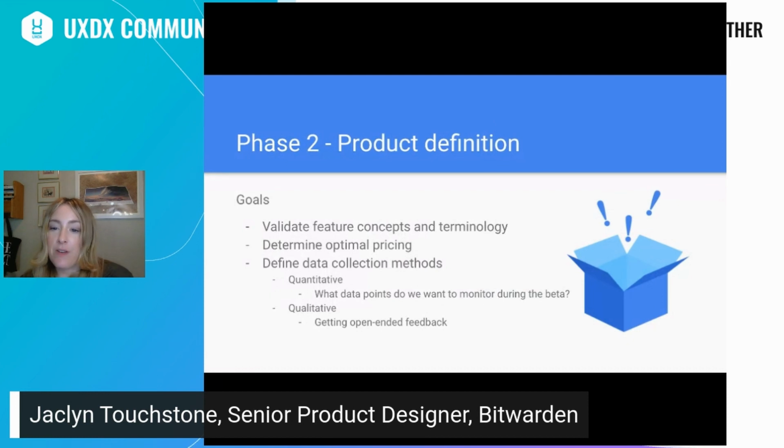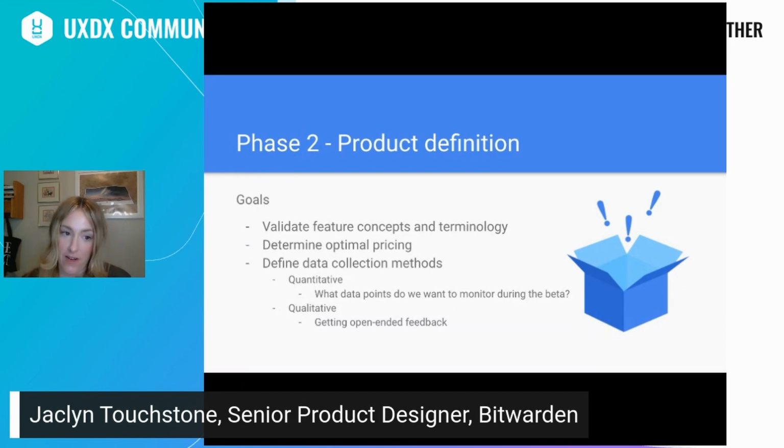So when you complete the groundwork and you've formulated a research plan, you can start to move into phase 2, or what you could term product definition. So at this point, the beta is still not in the hands of your beta testers, but you have some room to do a little bit more validation in your flows and feature concepts. And then you can start to run research about pricing and determine how you're going to collect quantitative data and qualitative data